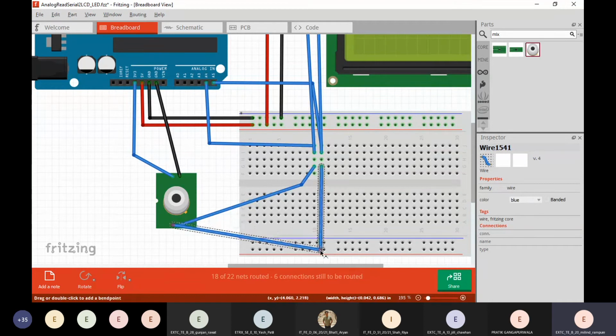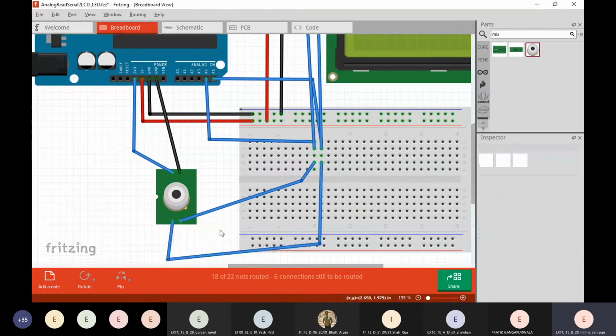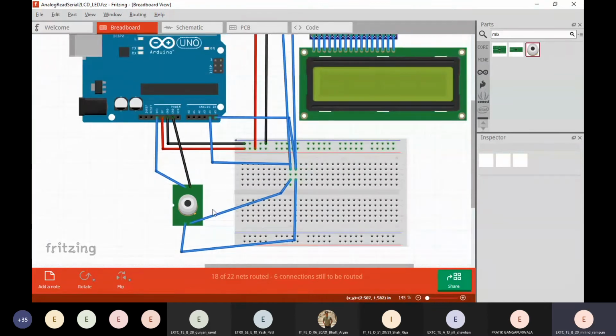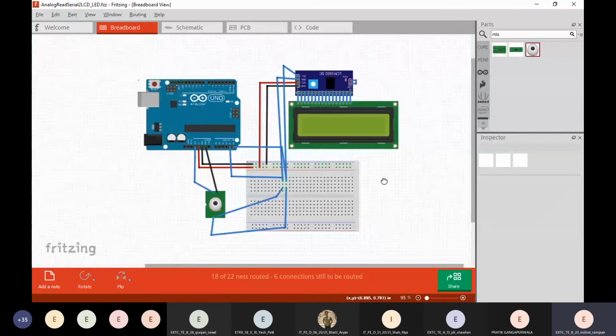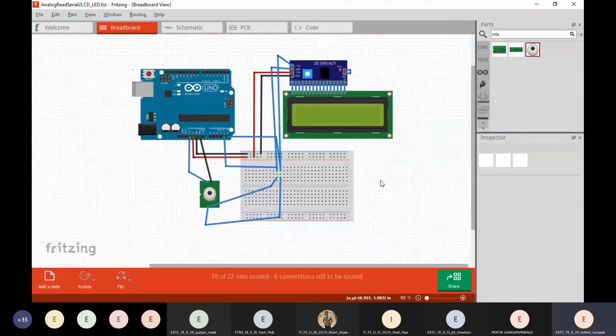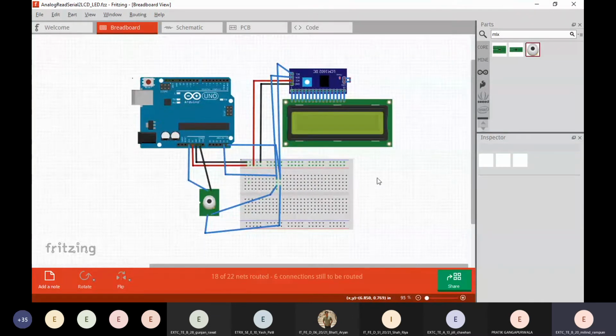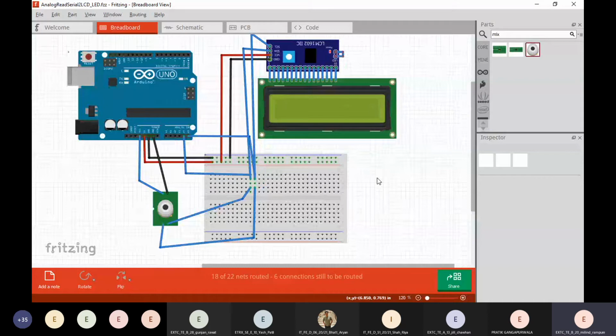As you can see, now we have connected two sensors over the same A4 and A5 pins of the Arduino. Is there any doubt, or can I proceed further? Any doubt in the connections?